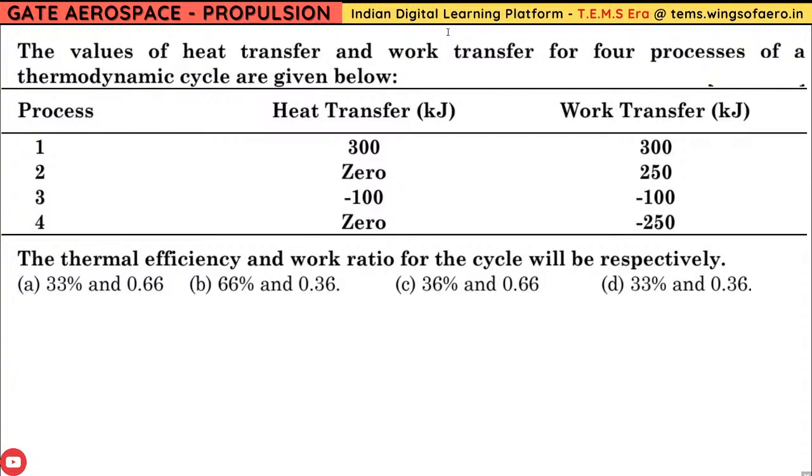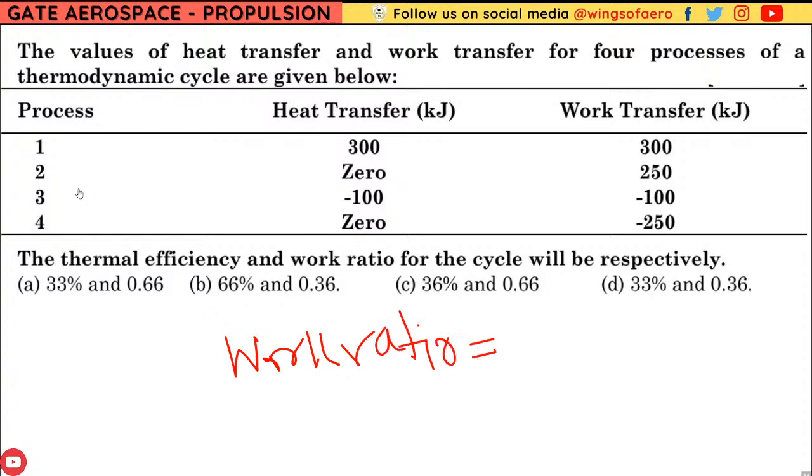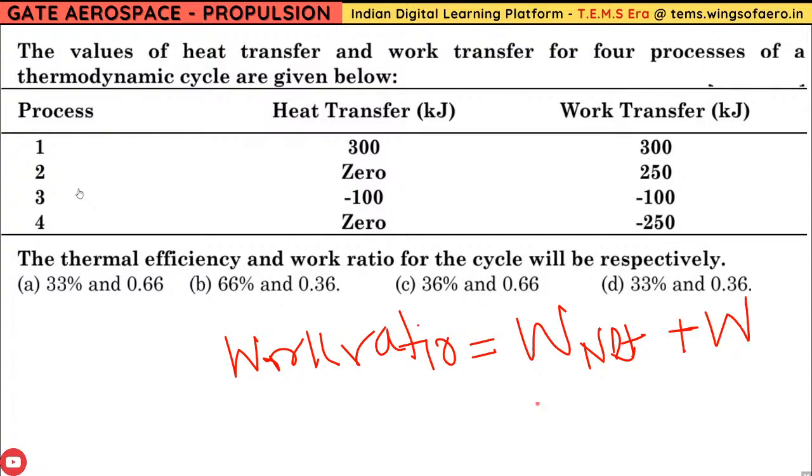The thermal efficiency is 33%, ma'am. So it should be either option A or option D. Let me tell you. Work ratio, ma'am. Work ratio is net work. This is the net work, net work done plus